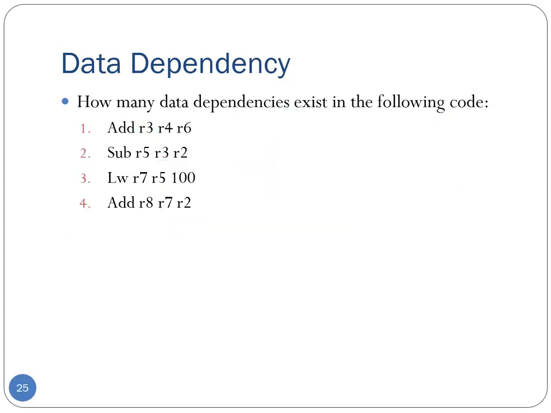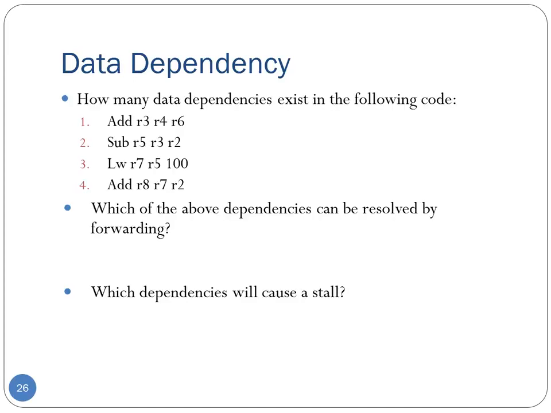So the next question here is, how many data dependencies exist in this code? Alright, so this question over here is asking us which of the dependencies in this code that we found on the previous slide can be resolved by using data forwarding, right? So recall that if there is any dependency on an arithmetic or logic instruction, that can be resolved using data forwarding, right? So this first dependency that we found between these instructions 1 and 2, because of R3, this can be resolved because subtract depends on add, and add is an arithmetic and logic instruction, so this can be resolved by